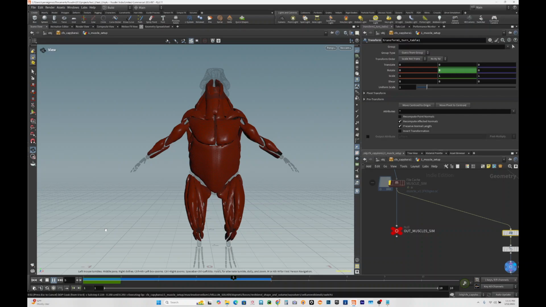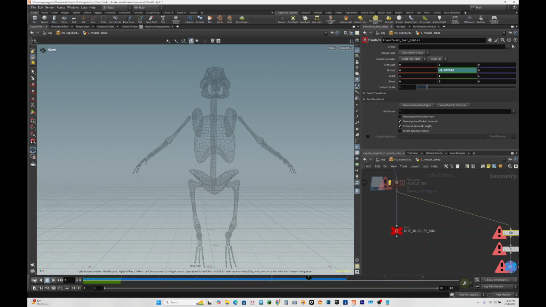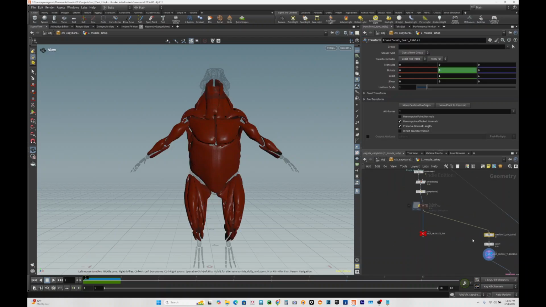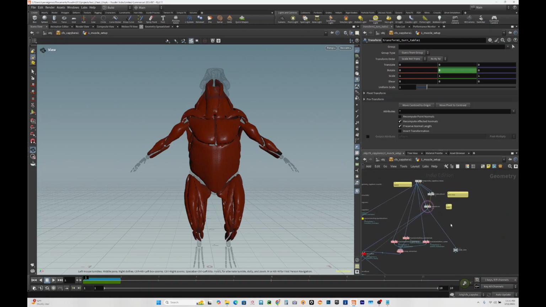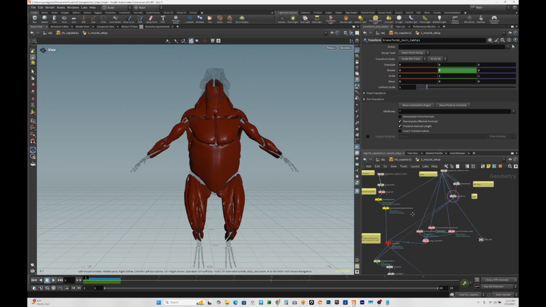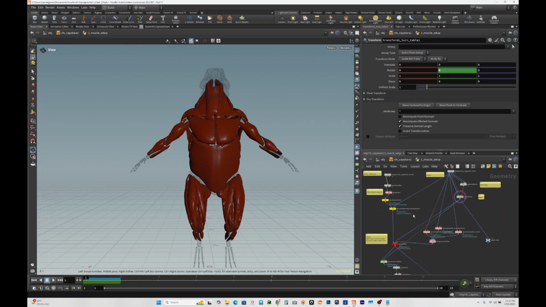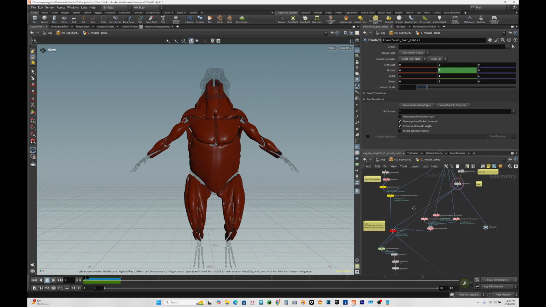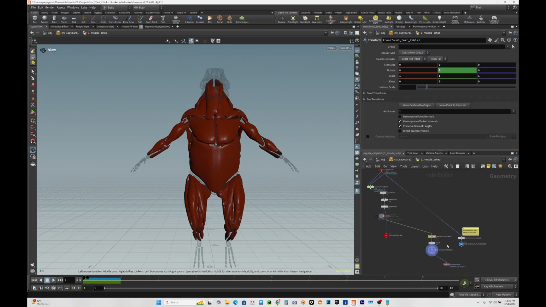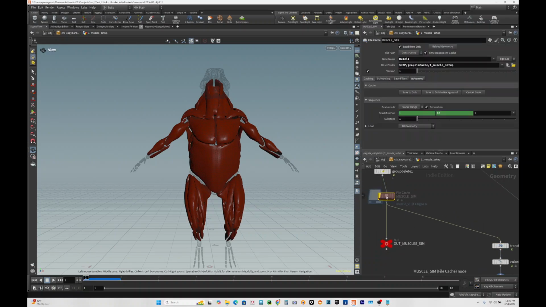Actually, turntables for more frames, but it's the rough overview of muscles. So I just took little snippets here and there from the Muscle Masterclass Essentials and customized it just for this. So we end with a muscle sim,